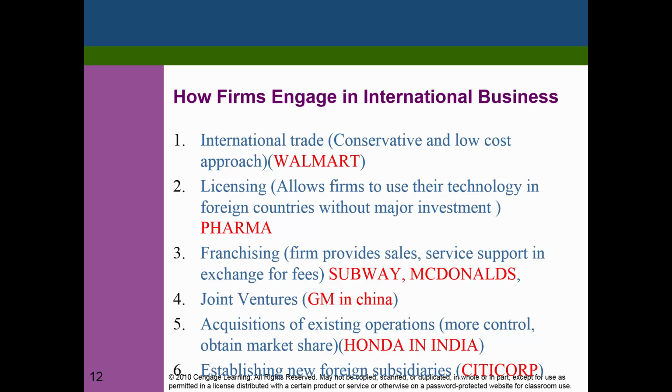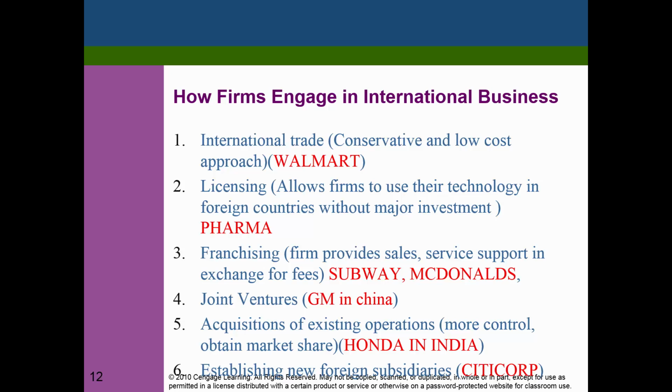The sixth way is by establishing new foreign subsidiaries. So if you look at companies like Oracle, Citicorp and so on, they tend to have subsidiaries in different countries. Now why does Citicorp do that? The main reason is that Citicorp is a bank, and typically it's a very highly regulated company, which basically means that when they